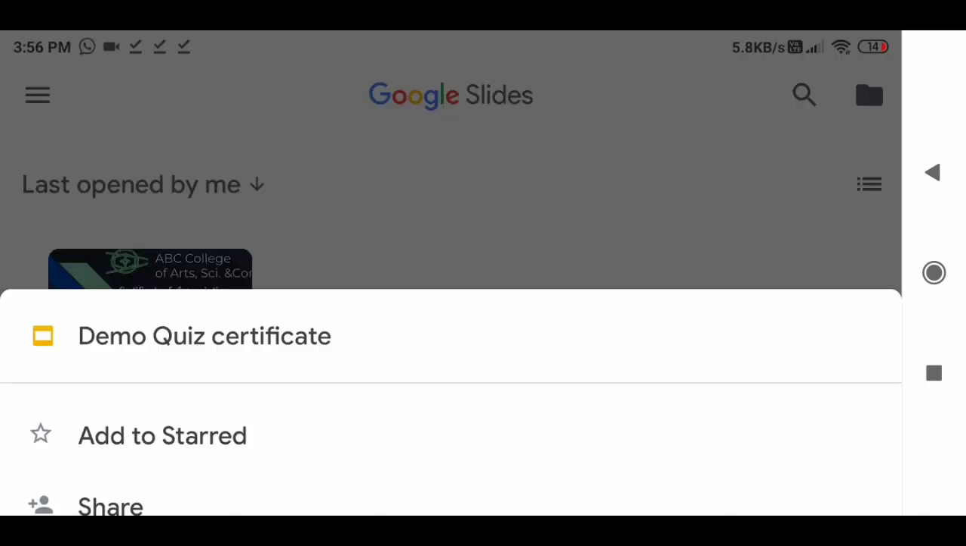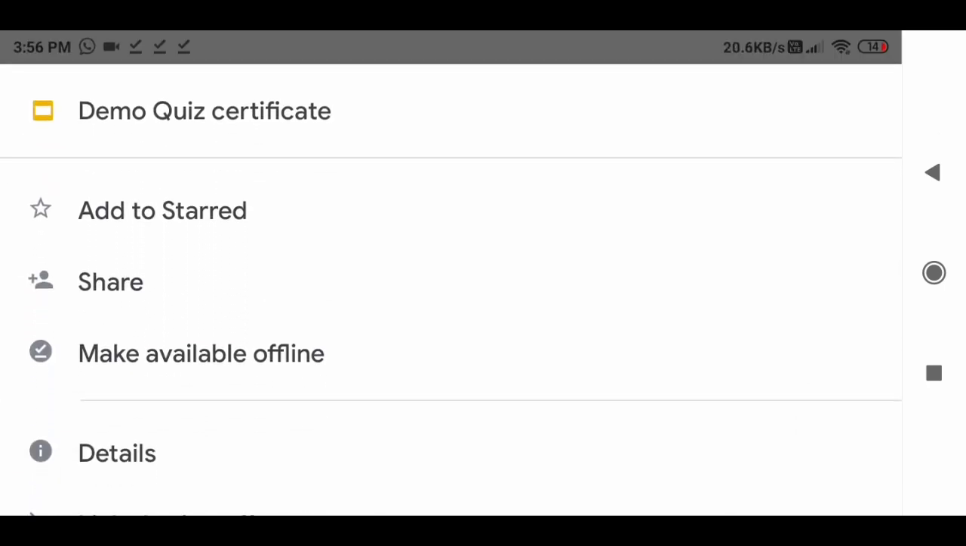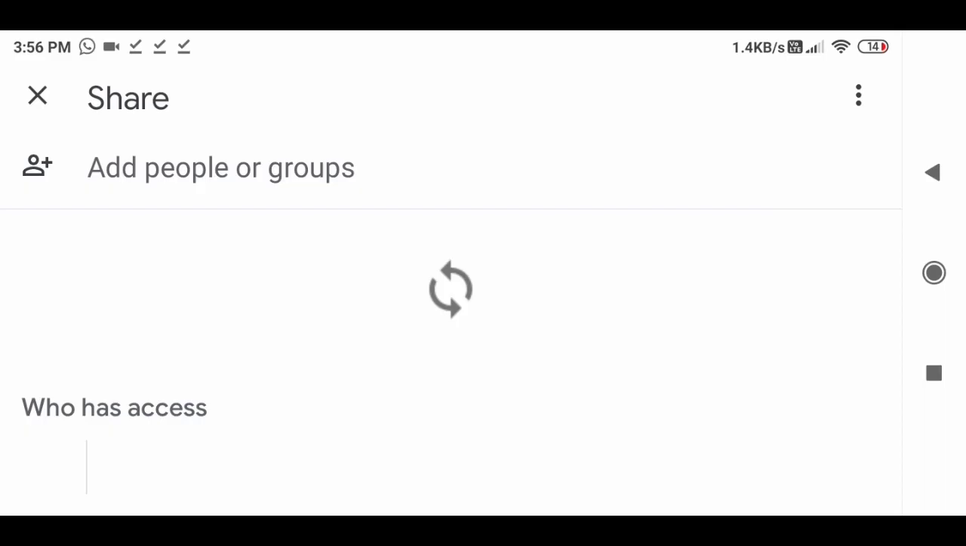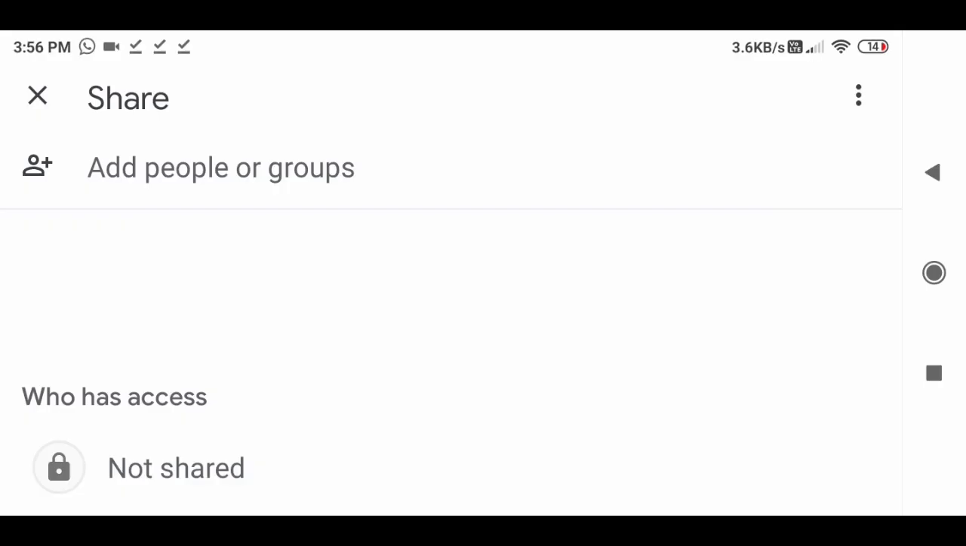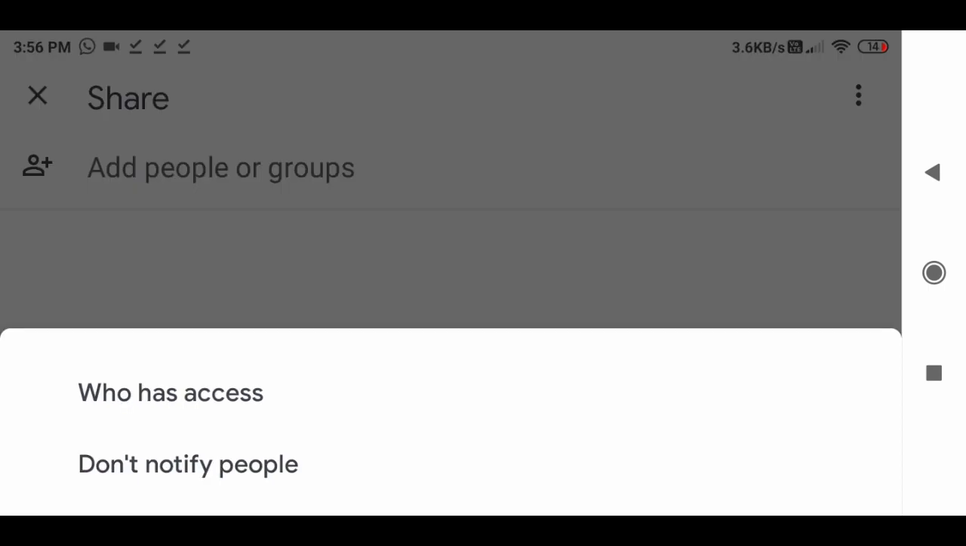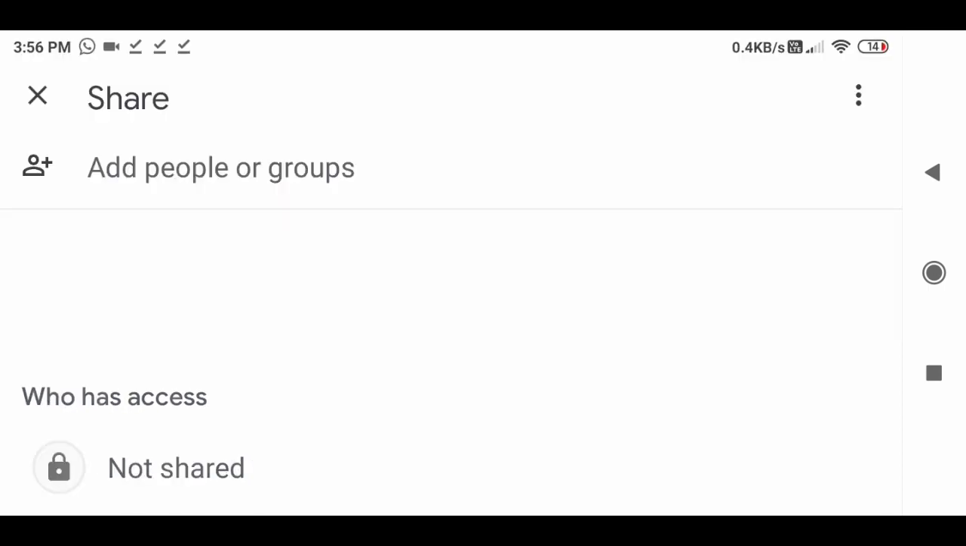You can also share this certificate with others. By default, it is